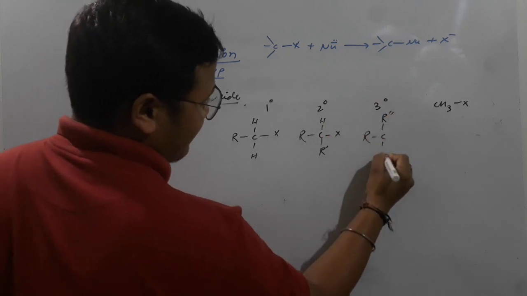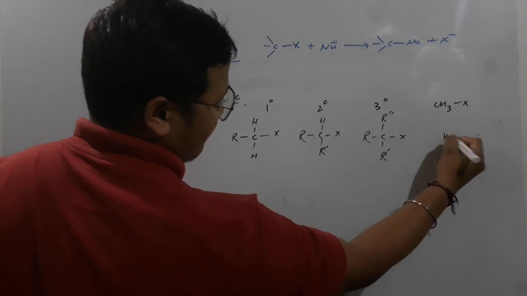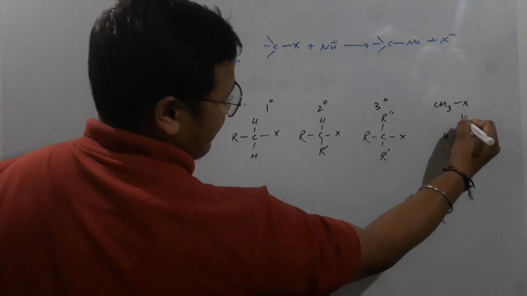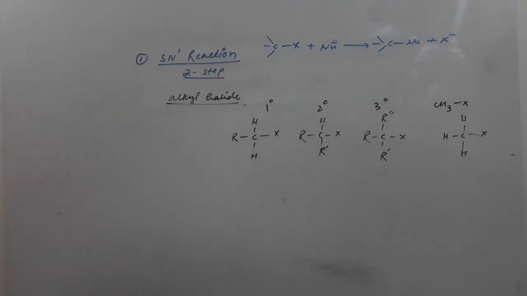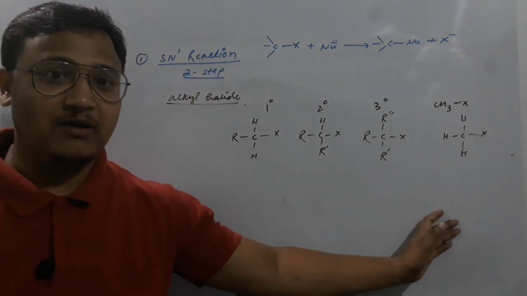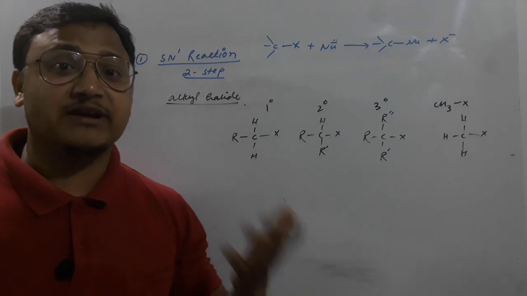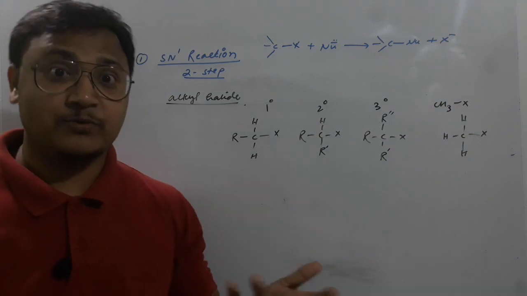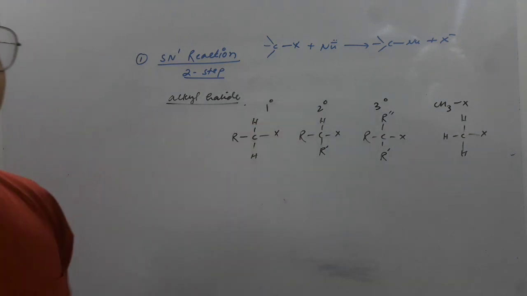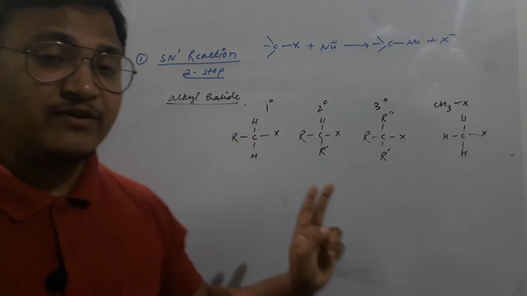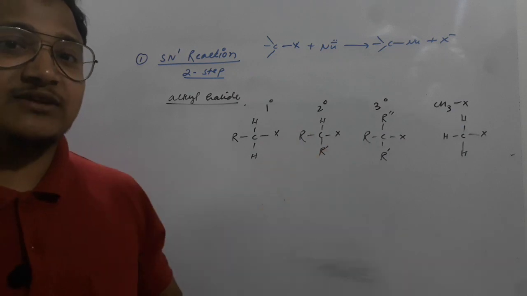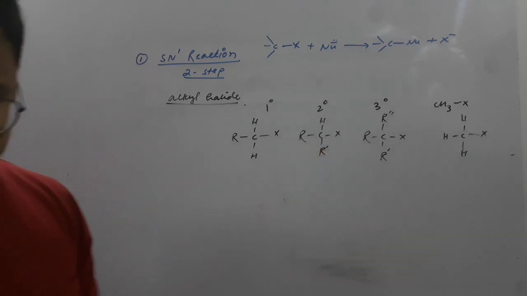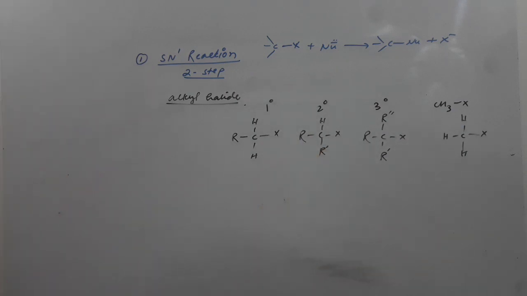Consider, if we have these different types of compounds, and we are supposed to have an SN1 reaction, then among these 4 different compounds, which compound will proceed with the SN1 reaction faster and why? We have to know this, because these things will be asked in the examination. 2 compounds will be given to you and they will ask which of the following will proceed with the SN1 reaction faster and why. This type of question is often asked in the examination, so you must know these things.